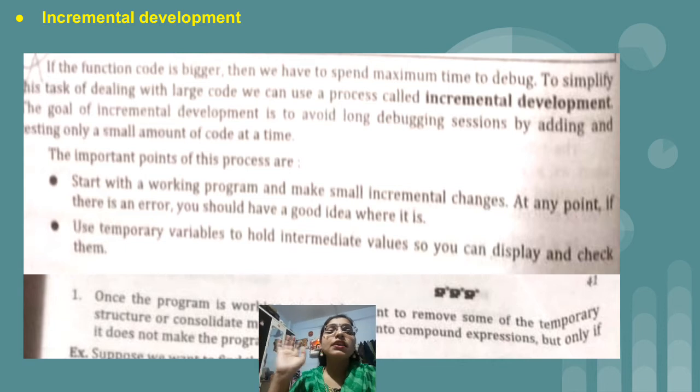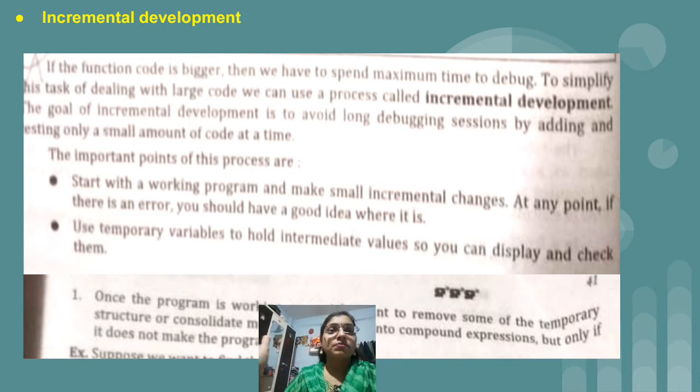And once we are done with the coding part, interface part, and testing part of the particular function, then we will go to the second part. It's not the case that we will start creating all the methods specified in the project's requirements at the same time. No, this is not the case. We will create the project one by one, step by step. That is nothing but incremental development.